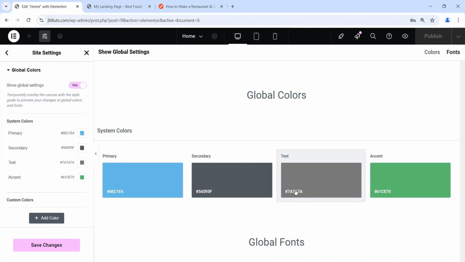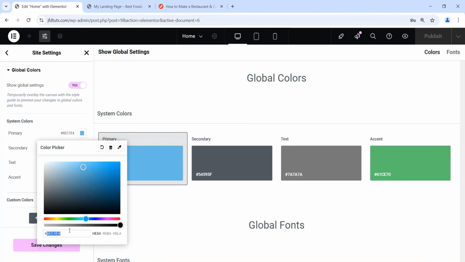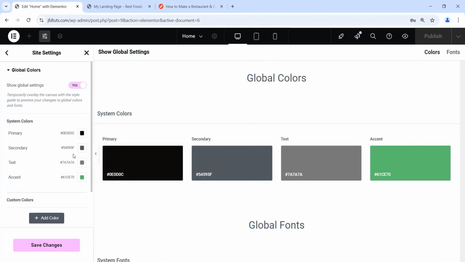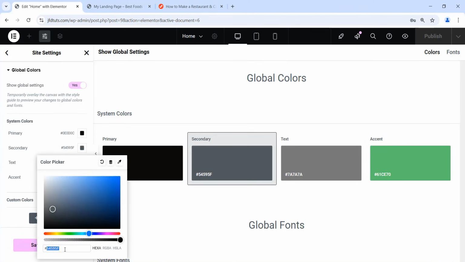So these are the default colors of Elementor, okay? But according to our website design, we can change these colors. So on the primary color, let's change it. Our most used color will be 0E0D0C. Okay? Now on the secondary color, our second most used color will be that orange color, which is